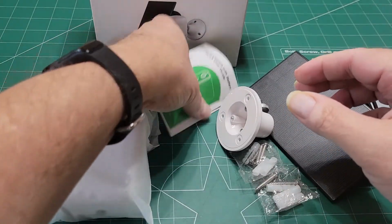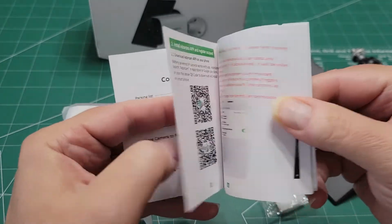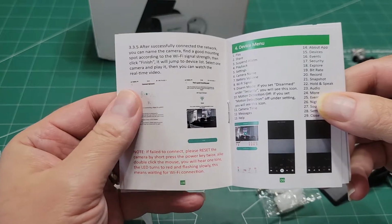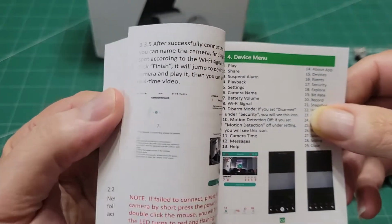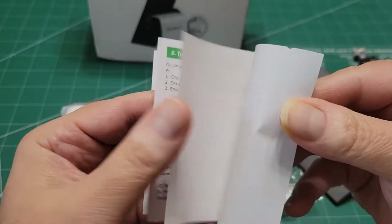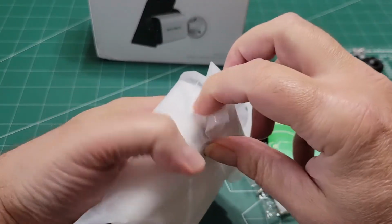You get the manual as well, and it's a pretty nice manual. It's pretty easy to read. Some of the photos in here are a little bit difficult to see. But other than that, the print is pretty good size. It will tell you everything you need to know about the camera. And speaking of the camera,